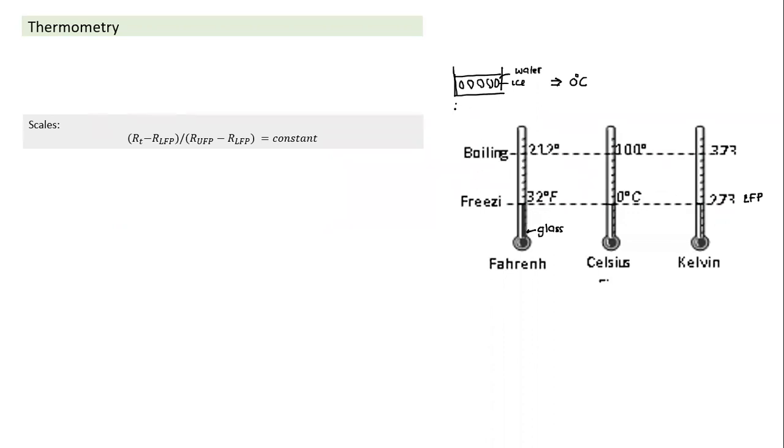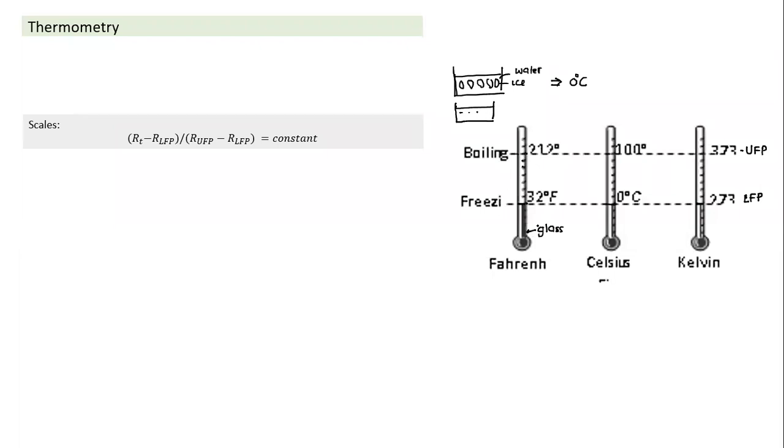Similarly, we keep them in a boiling water bath, which is 100 degree centigrade. But I'm not defining temperature now. So we use two reference points: one is the lower fixed point, one is the upper fixed point. These are two standards, and typically the standards used are the freezing point and the boiling point. After I have done that, what are the scales? All thermometer scales give some number to the lower fixed point, give some value to the upper fixed point, and divide the interval into a certain number of divisions.